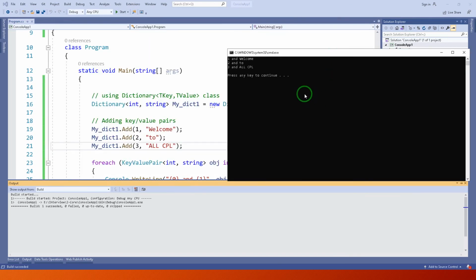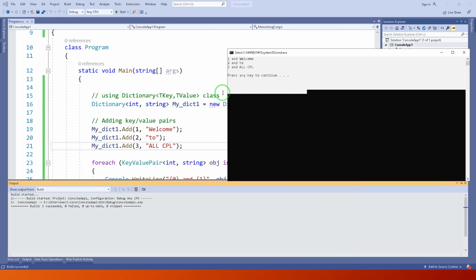Okay, the program executed successfully, and this is the output. In 1 we display the key having a value, and key 2 having some value, and key 3 having some value. Means in case of dictionary it maintains the sequence, but in case of hash table it cannot maintain the sequence.